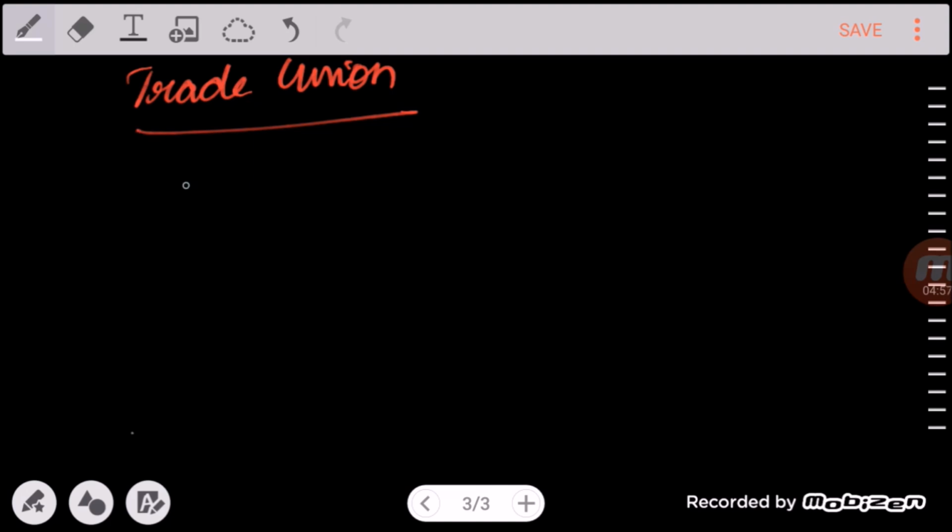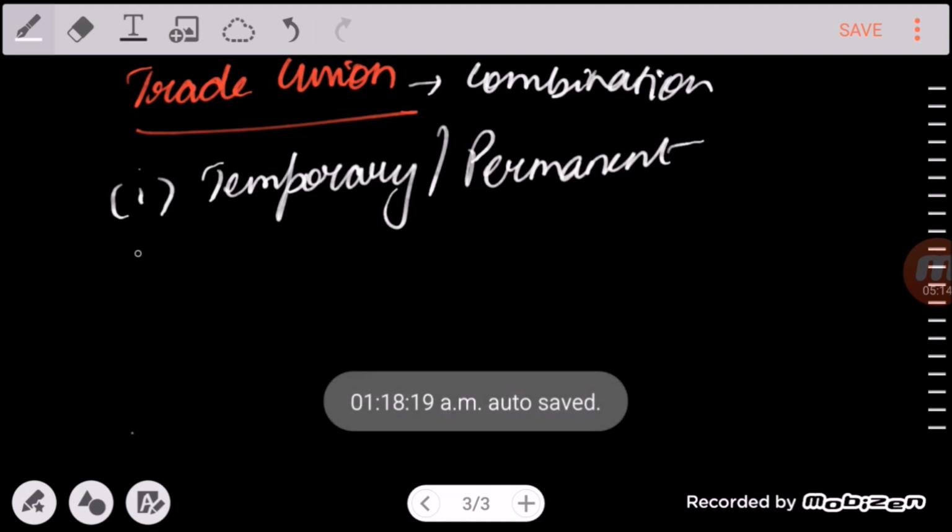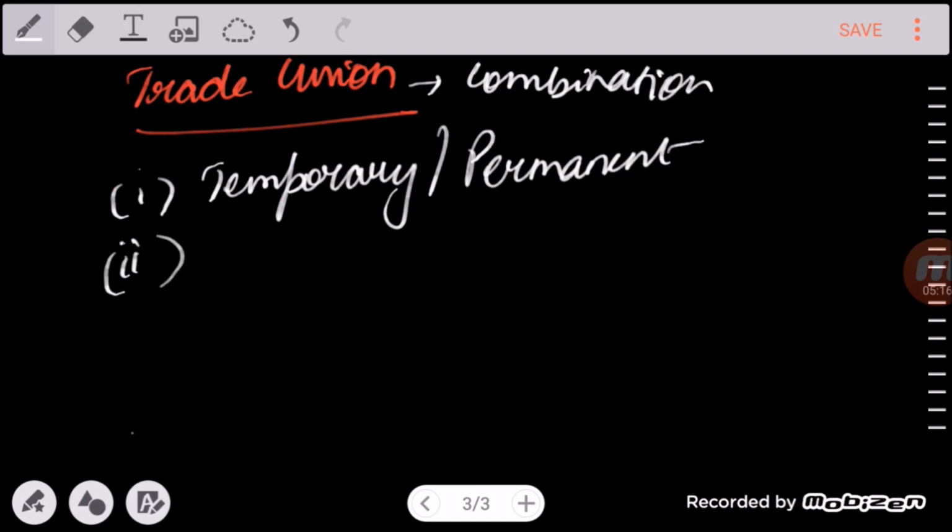So basically a trade union is a combination, and this combination can be either temporary or permanent. Trade union means any combination, whether temporary or permanent, formed primarily for the purpose of regulating the relations between